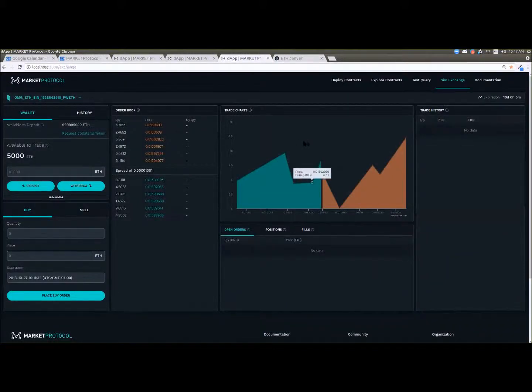Okay, so my name is Travis Mathis. I'm a core team developer at Market Protocol, and I'm just going to be demoing an update of the continued polish of the SIM exchange,